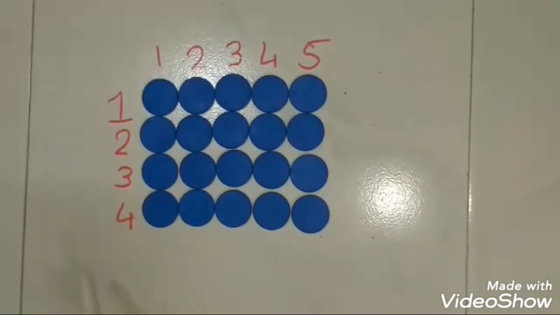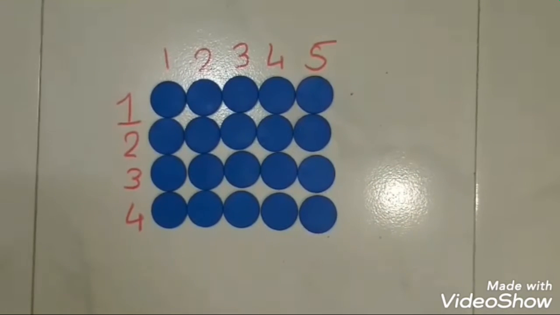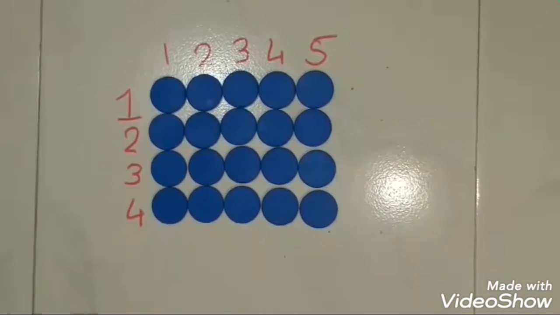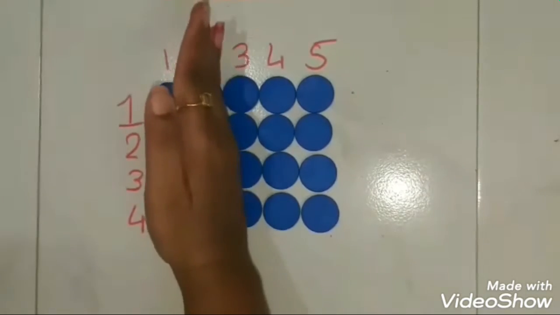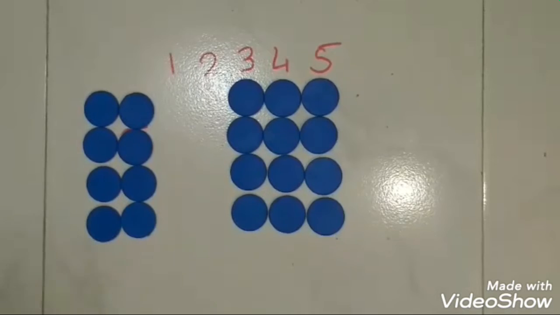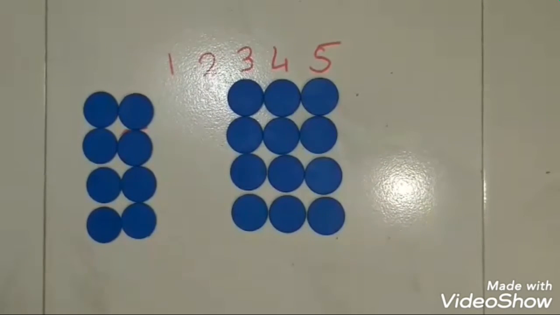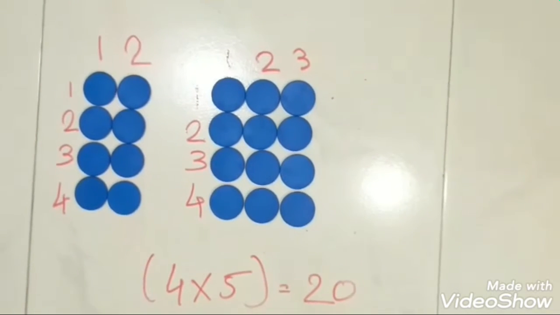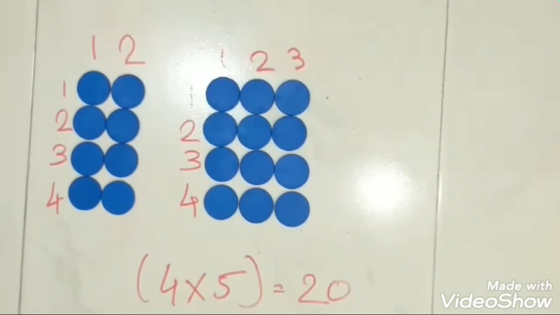As I told you, distributive property: distribute means share something. So if I share some portion of this rectangle with anyone, like you would share with your friend, you can see here I share some portion with someone. Now you can observe here my rows and columns are different. As we did earlier, one big rectangle is equal to 20, that you all know.